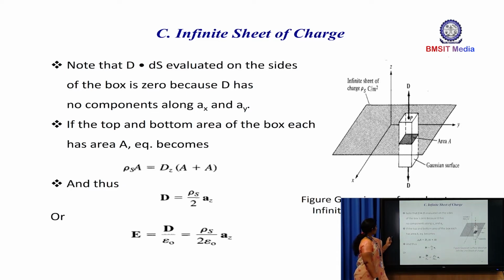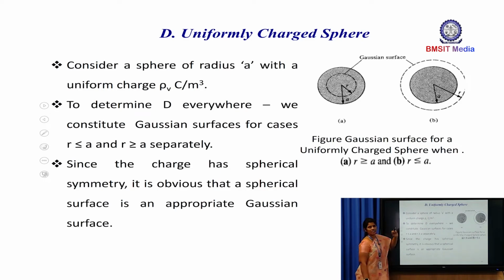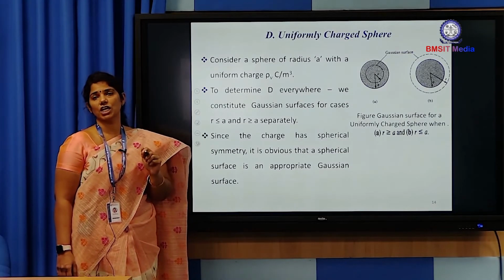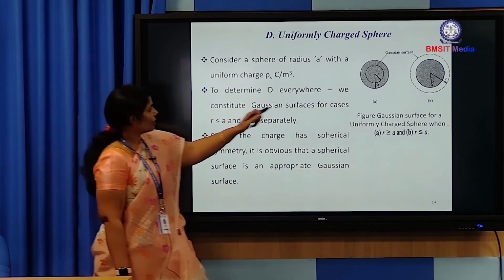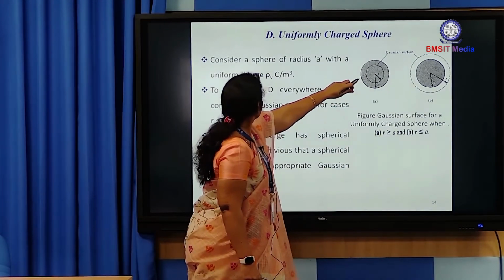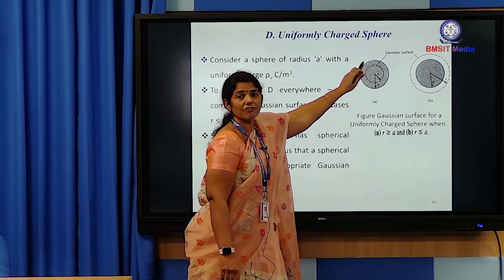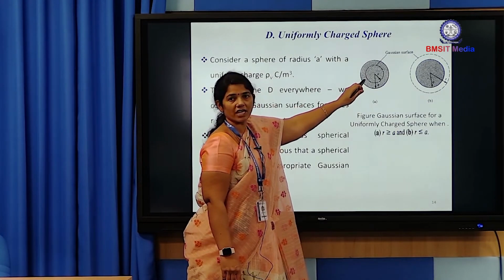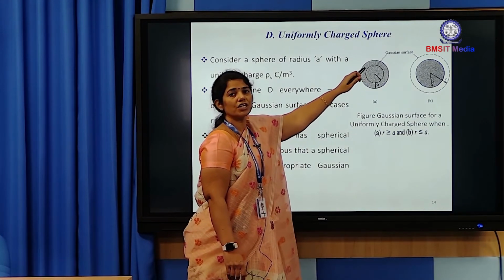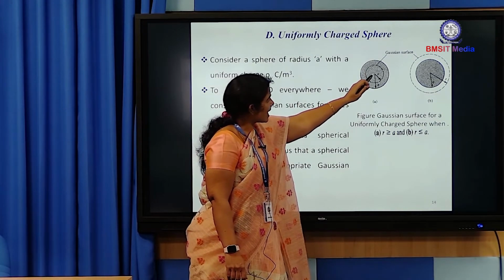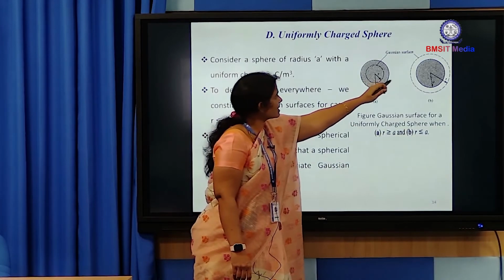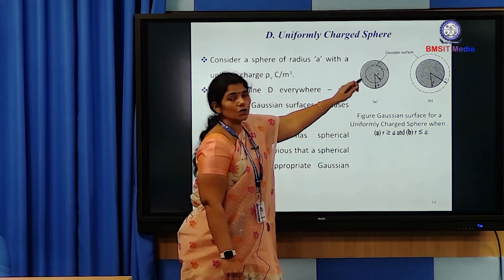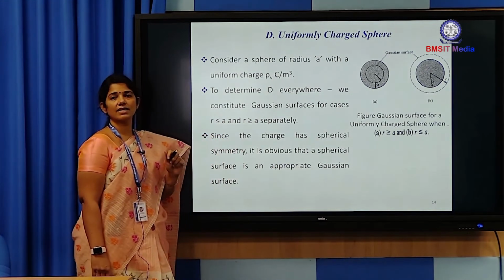Okay. So now the last application of Gauss law is a uniformly charged sphere, that is nothing but volume charge distribution. So now you just consider a sphere of radius A, with uniform charge of rho v, because it is a volume. So uniform charge is having rho v coulombs per meter cube. Now for this sphere you have to determine D, that is electric flux density,